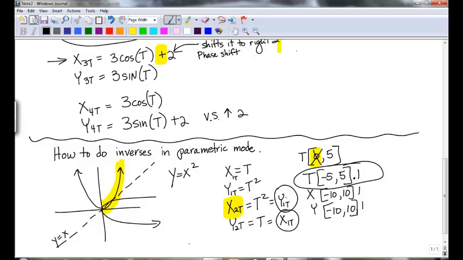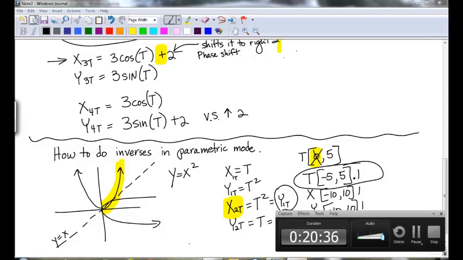Doing inverses in parametric mode is easier than in function mode, because you just interchange them. That's it. But sometimes if the equations are really long, you may want to do this: we did the vars key, arrow right over to Y variables, and then parametric, and found those. That's as much as I'm going through. Tomorrow